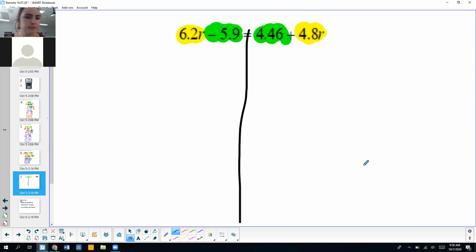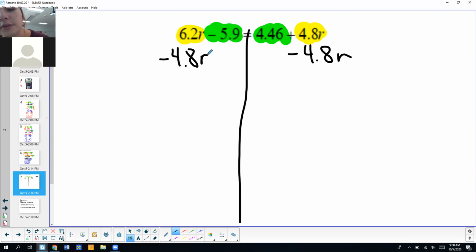Now, there's nothing to simplify on either side, so I'm going to compare my two variable terms and think which one is smaller, 6.2r or 4.8r. 4.8r is going to be smaller. I'm going to go ahead and subtract it. I'm going to move it over to the left by subtracting 4.8r from both sides. So we're going to pick up our calculators and type in